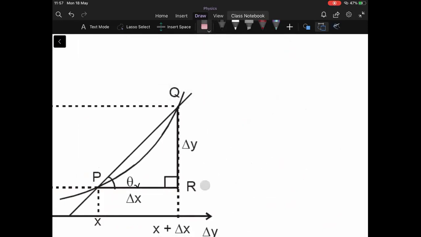That it is tending to 0, but it is not equal to 0. So delta x is tending to 0, but delta x is not equal to 0. That means it is so small that you cannot even think how small it is. If you can think of it, if you can visualize it, then you further break it down into another 100 crore parts. So this delta x, when it is tending to 0, becomes dx.